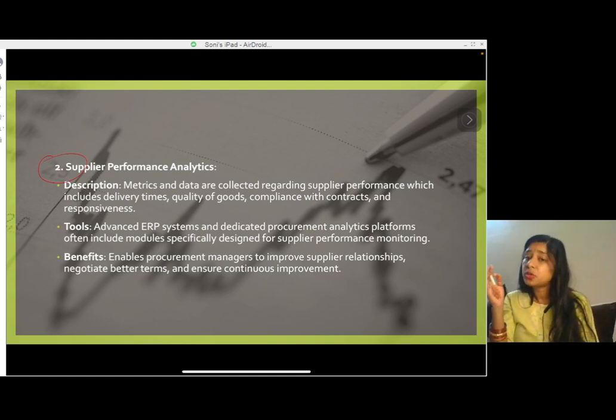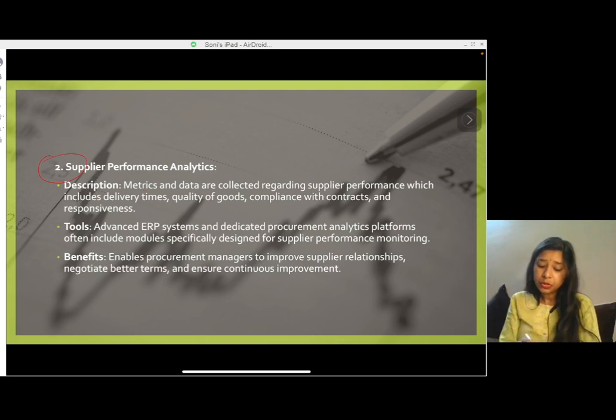Supplier performance should also be analyzed before accepting that supplier as a key supplier. We can use data analytics to analyze the supplier's performance as well. There can be metrics and data that can be collected regarding the supplier, and the performance should be traced back,